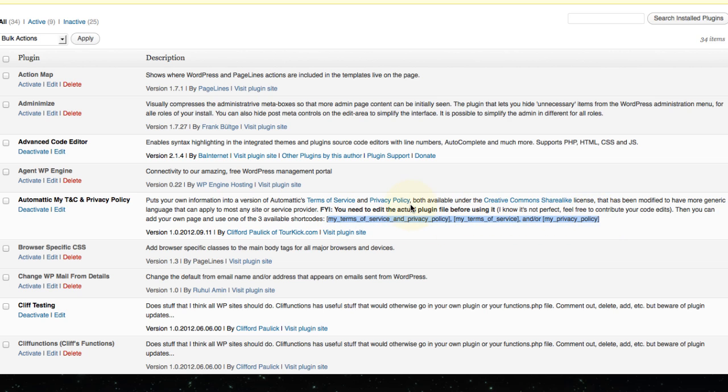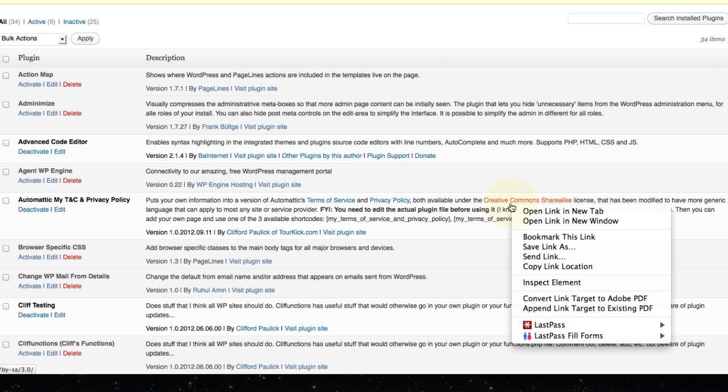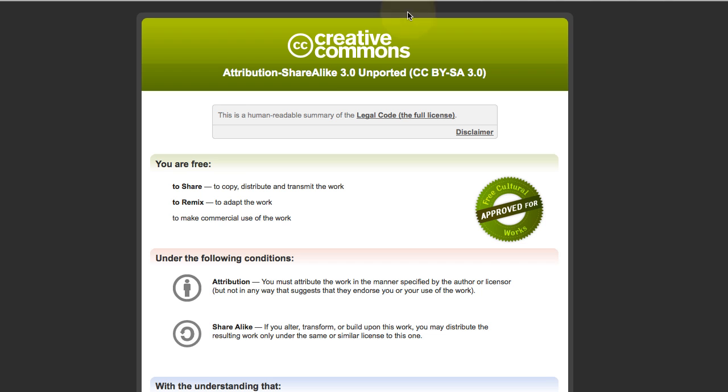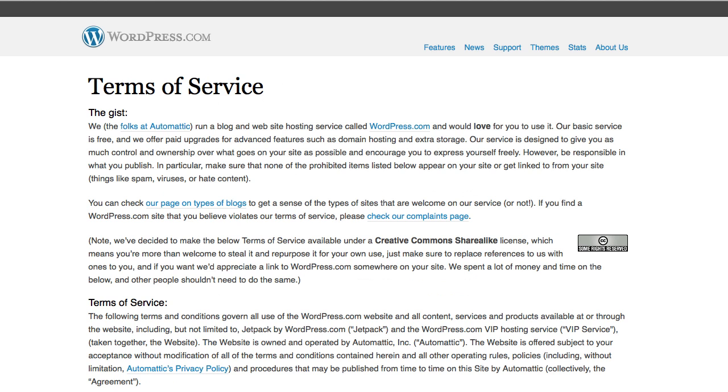The terms and conditions and privacy policy plugin says you need to edit the actual plugin file, and it provides the 3 shortcodes. Let's take a look at the terms of service and privacy policy that we are somewhat copying and pasting. It says we're free to use it however we want, including for commercial use. And the author, which is Automattic in this case, says that we can use it,